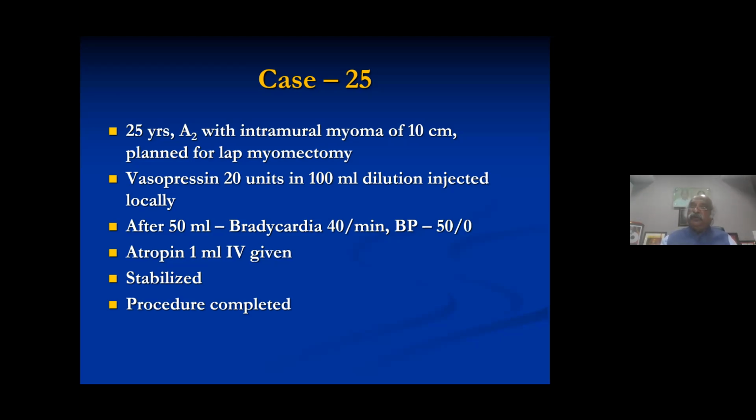So before injecting the vasopressin, ask the anesthetist to be vigilant. The bradycardia is important, and this is very preventable. Early injection of atropine can solve the problem. I think this is very important. If you delay it, once it goes to the decompensated phase, nothing can save it.